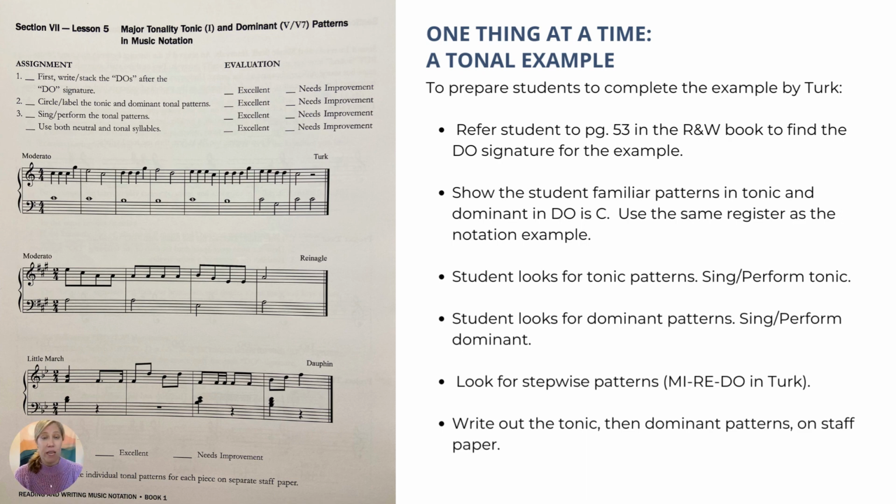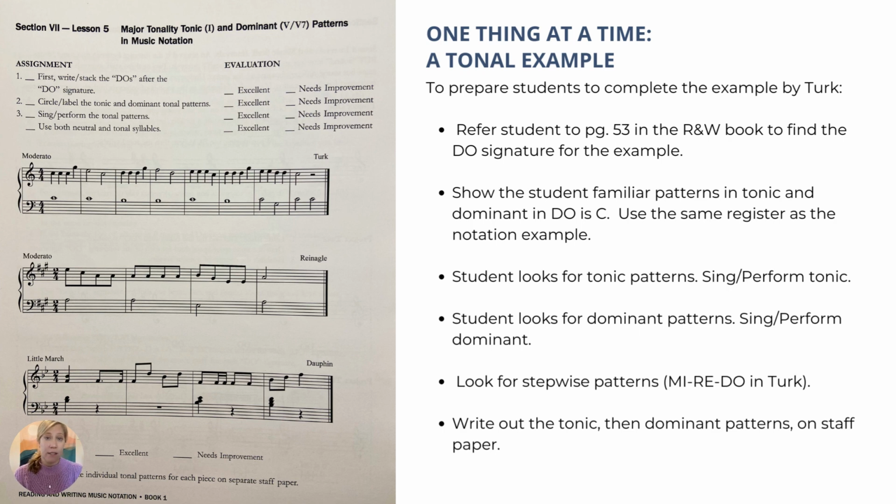Away from this page, on perhaps a magnet board or a staff, just a piece of staff paper or a whiteboard, I would draw out familiar tonic and dominant patterns and have the student read them after I read to them, have them copy some of them down perhaps, and I would do those patterns in the same register as the example. After that preparation, then the student can go back to the book with the moderato example by Turk,